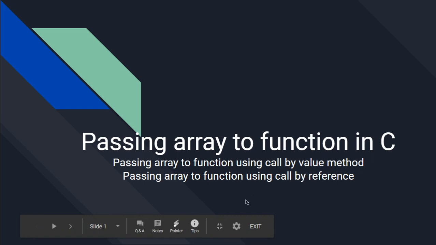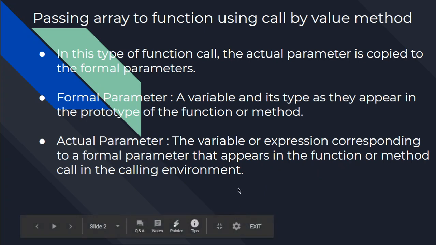When you say call by value, we just call the function by the value, just the value. When you say call by reference, we use the ampersand symbol to make it a reference pointer. Let us see now how to pass an array to a function in C. In the same way, it is possible to pass the array either as a value or as a reference.